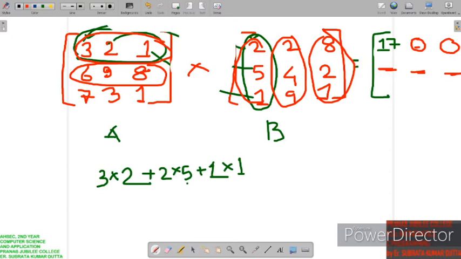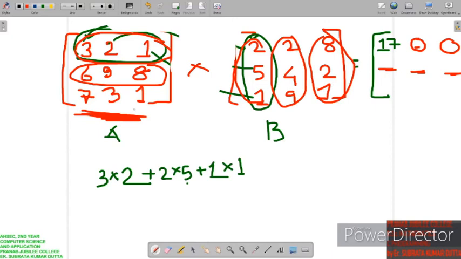So for the next row of the resultant matrix, I suggest you pause the video here and try yourself. What will happen is, the elements of the last row will be dot product with these columns, okay.